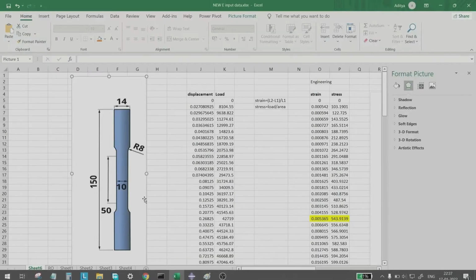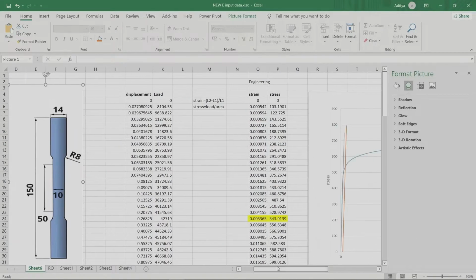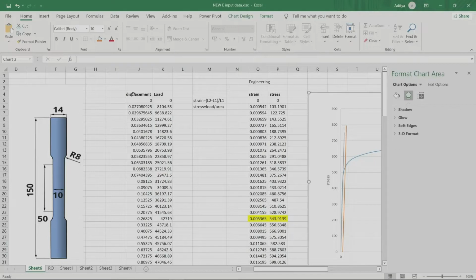So first of all, what we need to do is convert the data from the tensile test machine. The machine will either give us the data in displacement versus load or stress strain. The main part is displacement and load, which we get on the basis of gauge length.